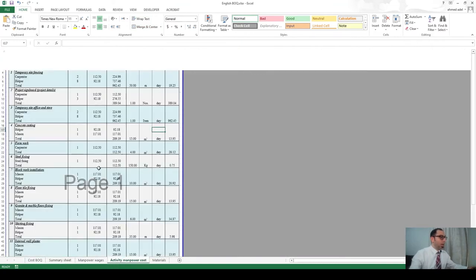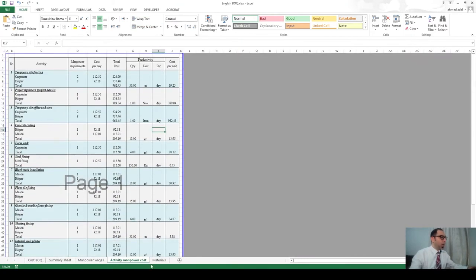So here I have something called activity manpower cost. Let's say that I want to do a temporary site fencing around my plot or site or project. I want to do a temporary fencing. For this temporary fencing, I need 2 carpenters and I need 8 helpers. And I know that these 10 people can install like 50 linear meters of